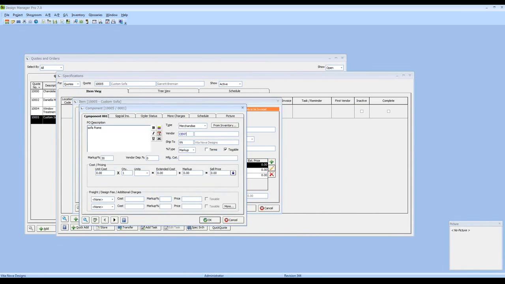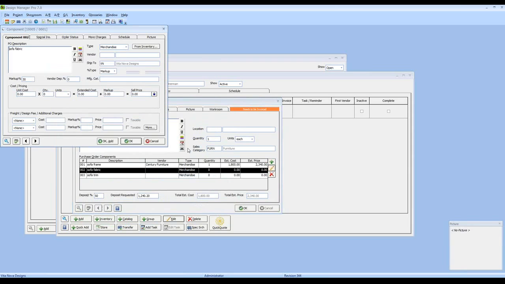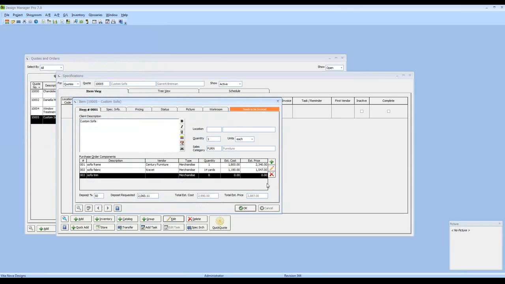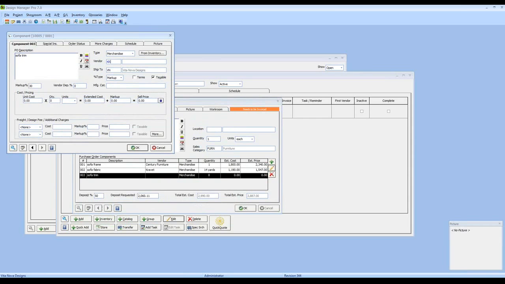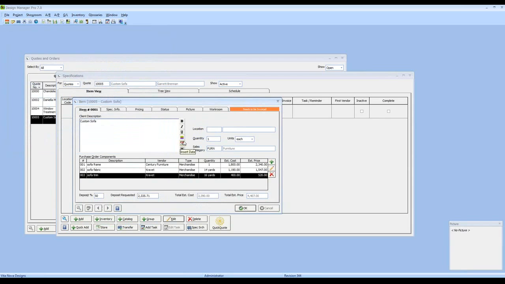So we get our frame, let's say from Century, and that's going to cost us $1,800, and our fabric could be provided by the ever trustworthy Kravet. Let's say that costs $85. We need 14 yards. And lastly, some trim that also could come from Kravet. And let's say the trim comes in at a good price of $25 per yard, and we'll do 16 yards for the trim. And just like that, I've created the framework for my custom sofa, and I'm ready to begin